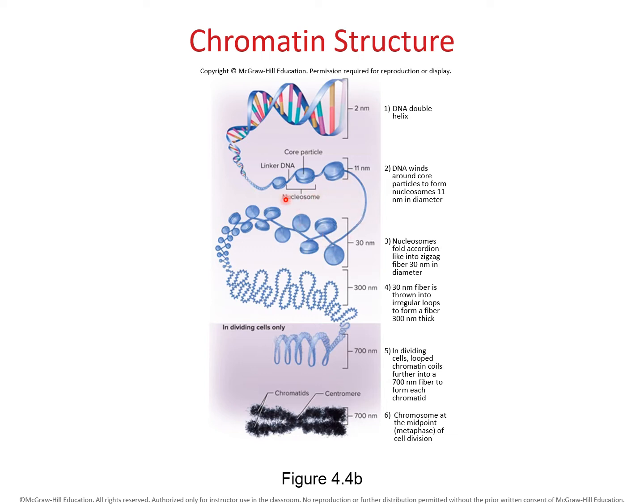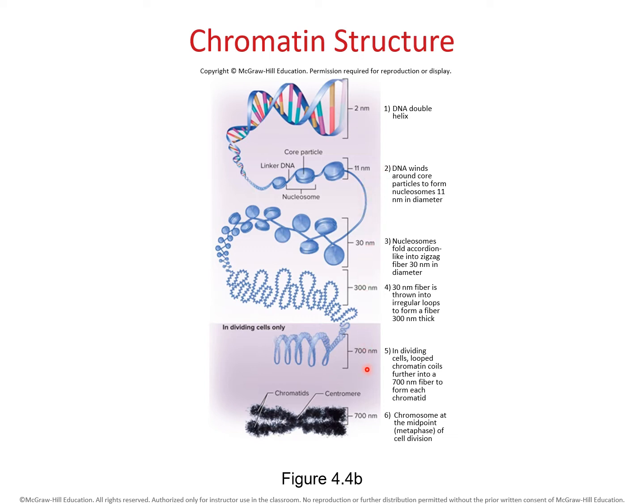All right, and then you're just going to see a whole bunch of nucleosomes, and see how we're packing this all together really tightly. And then the nucleosomes will start to coil, and then you end up condensing further and further. You can see by these numbers how we go from larger to smaller. All right, we're going from millimeters.